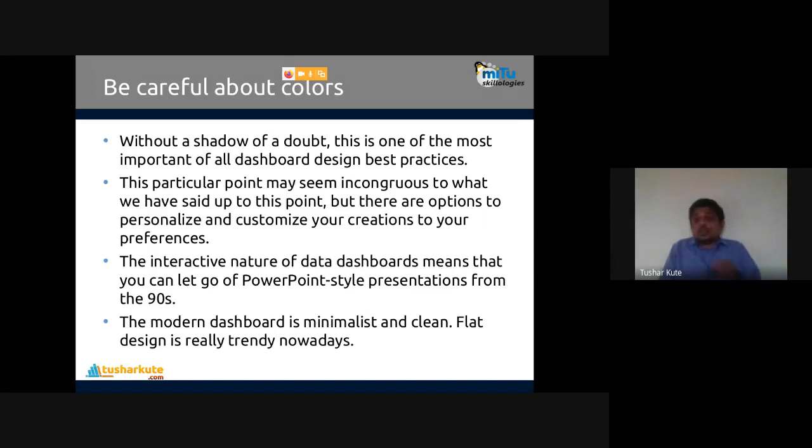This particular point may seem incongruous to what we said up to this point, but the options are there to personalize and customize your creations to your preferences. So choose your color. Most of the time, use the colors which are very commonly used in the design of the company's products and the company's website.